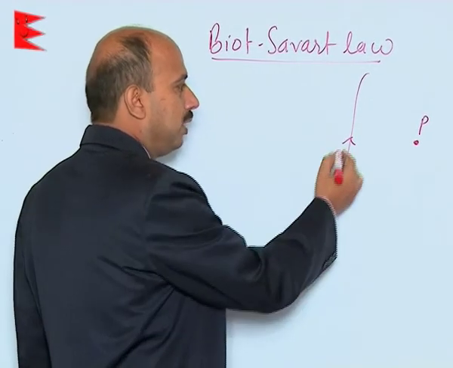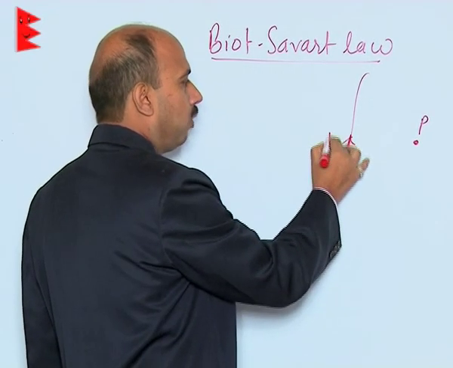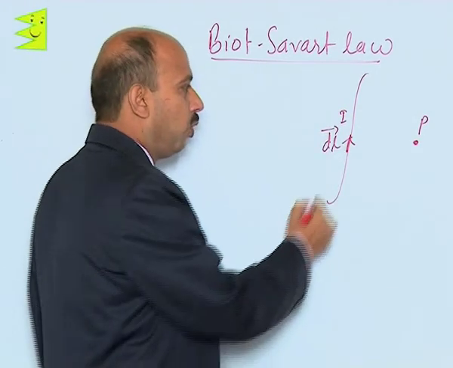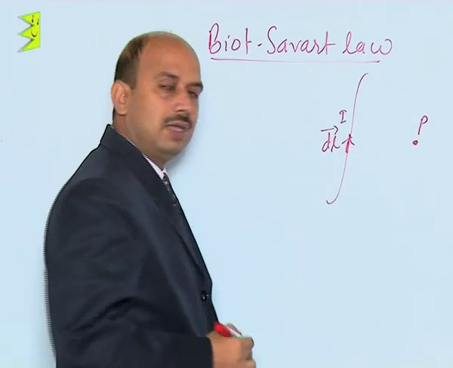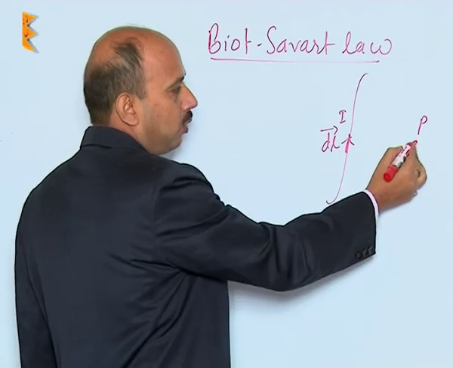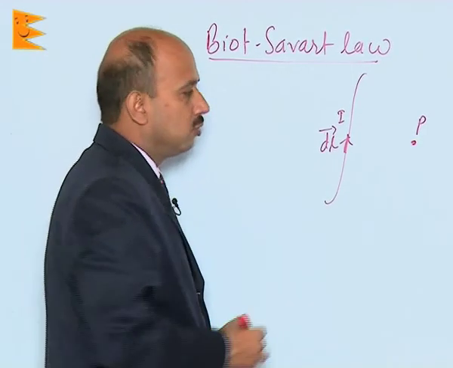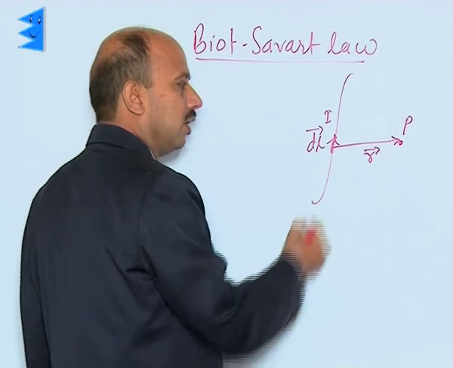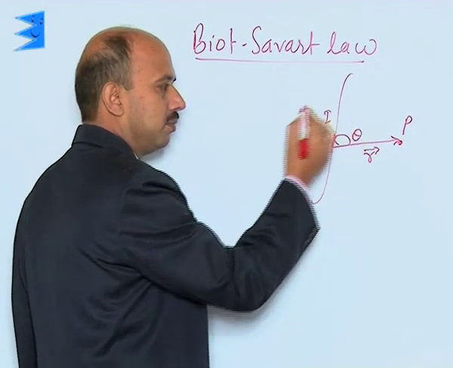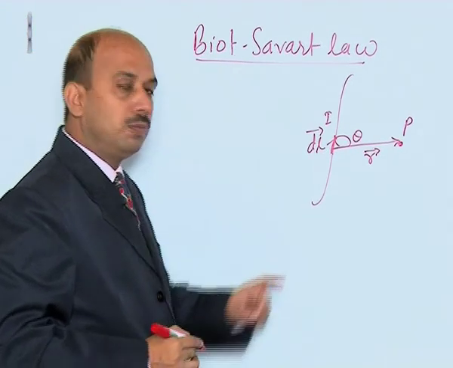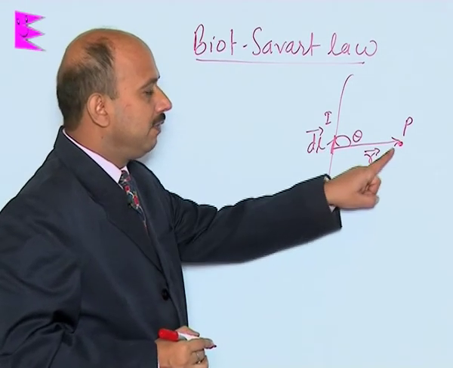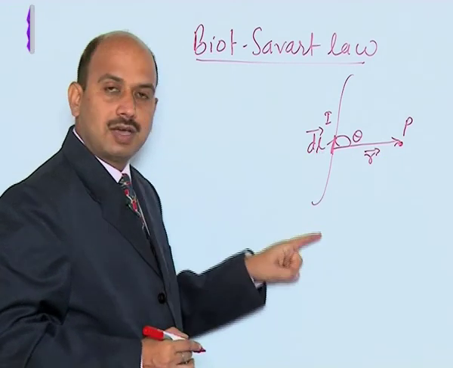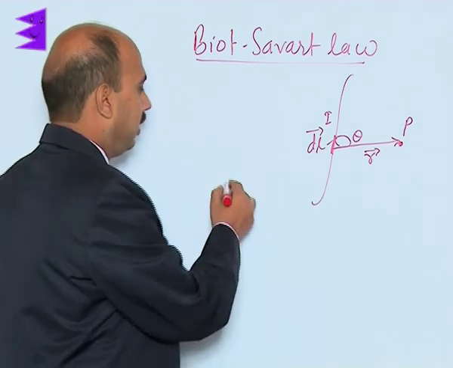First we assume a small current element of length dl, with current I flowing to this side. So here a small current element dl we have assumed, and we have to calculate the magnetic field at point P. Its distance from this dl is, suppose, this r vector here, and this angle is theta. So according to Biot-Savart law, the magnetic field at point P due to this small current element is given by